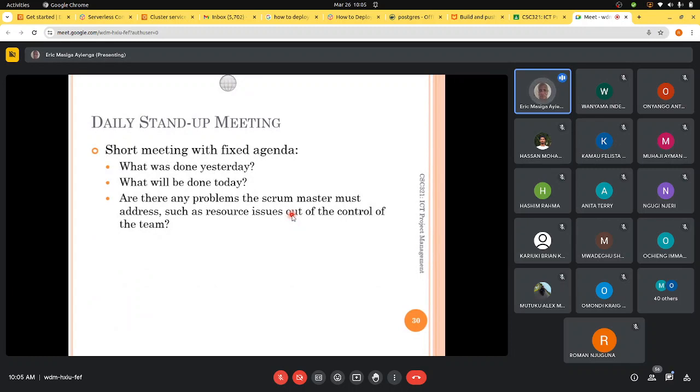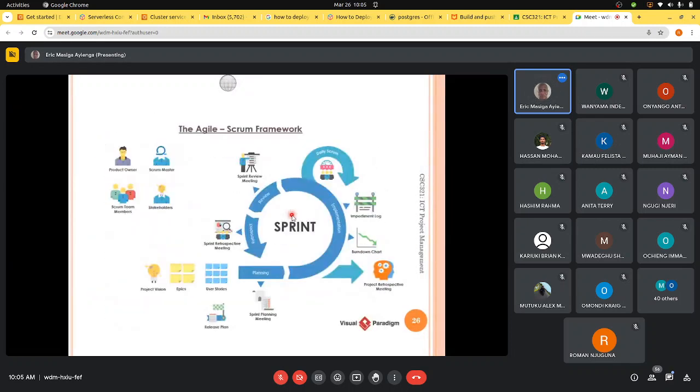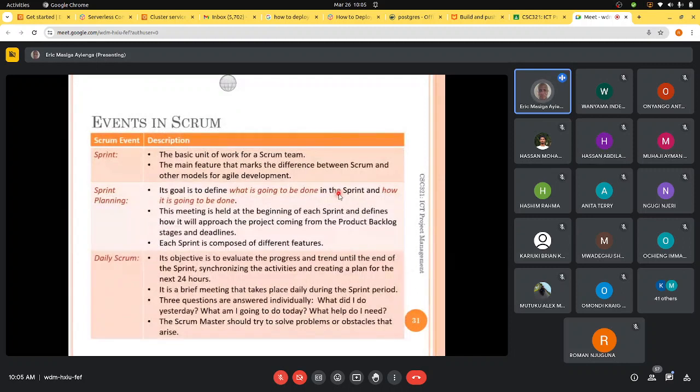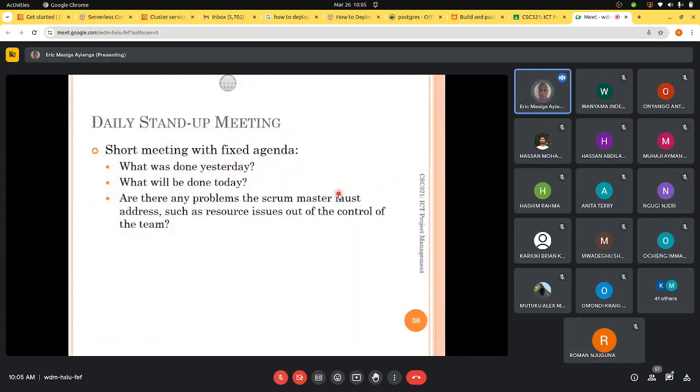Now, then we have the daily stand-up meetings. So in these daily stand-up meetings, the agenda is what was done yesterday, what will be done today. Are there any problems the Scrum Master must address, such as resource issue out of the control of the team? So there are certain things the team may not do. So they'll have to tell the